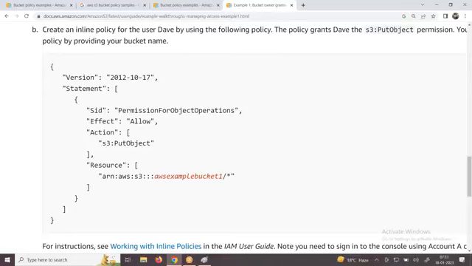Sir, what is meant by JSON? JSON is nothing but a format. Sir, what is meant by a format? For example, let's take a universal format. Sir, why do you require JSON? I'll take a simple example.